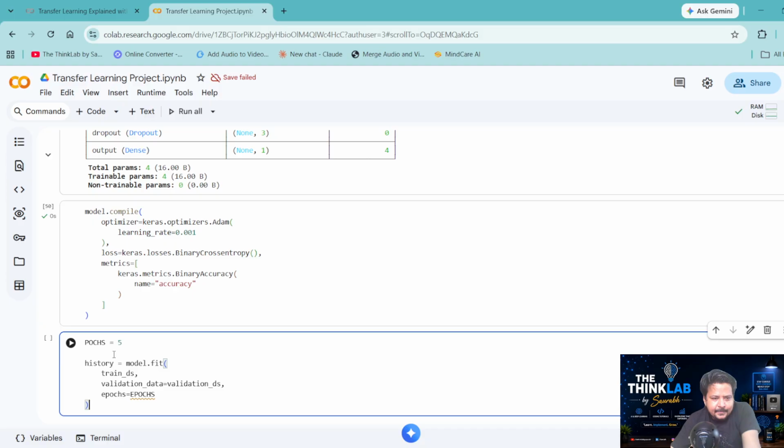Why are we writing this 5 here, right? First try to understand. For our frozen MobileNet, we are going to take 5 epochs. This is stage 1 of transfer learning. In the MobileNet the base remains frozen, and only our newly added classification layers are learning, right? So conceptually, MobileNet is frozen and we train the classification head, right? And after that we are going to use the trainable function. Once we complete those things,